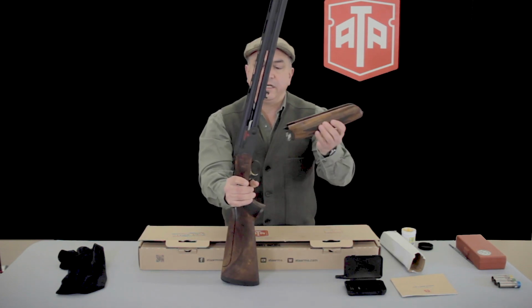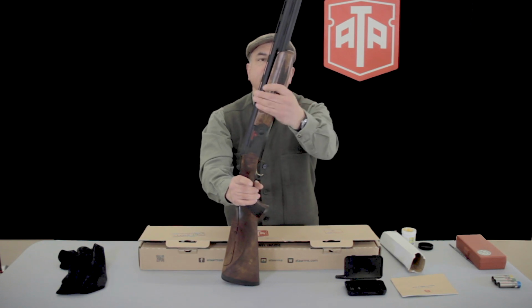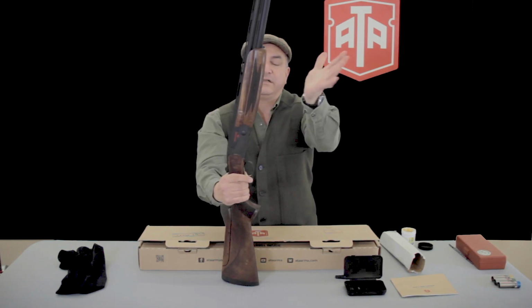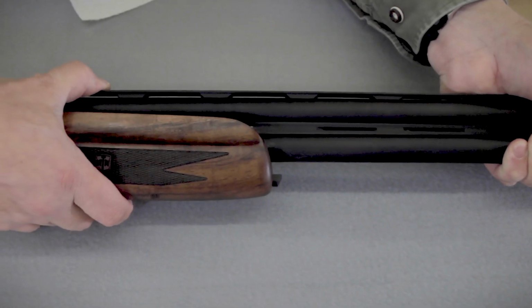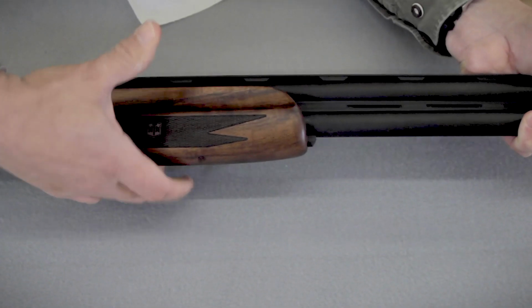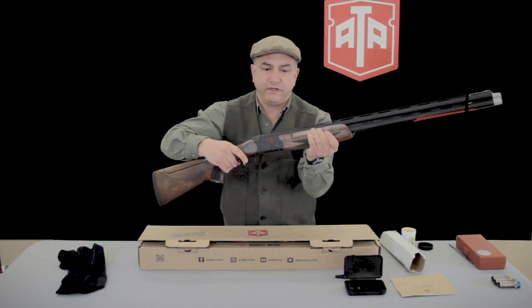To put the forend on, you just place it on, and you'll feel it sort of slide into place, and just squeeze it onto the barrel. Now, I always take my palm and just give it a nice little smack, and that allows that to set in, and you'll see the removal pin extend fully. Sometimes you'll hear a little click, but you'll see it will extend fully, and that locks the forend onto the